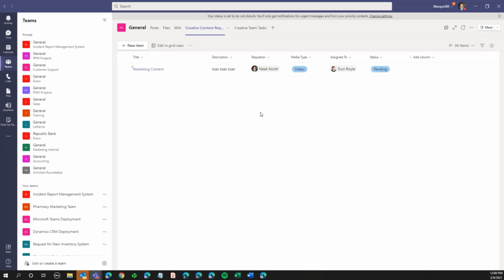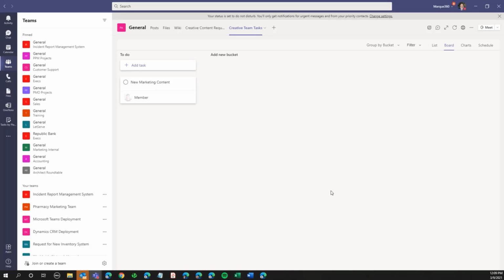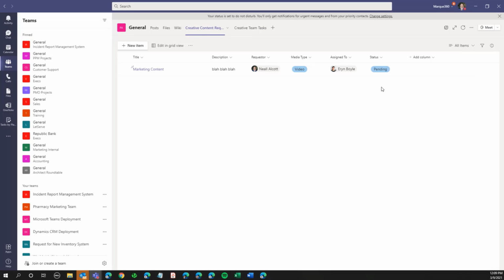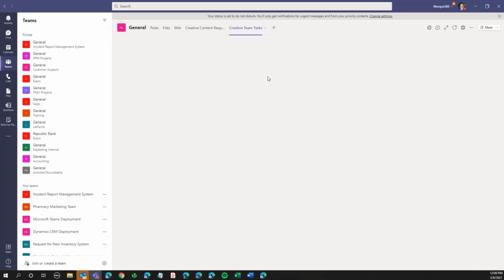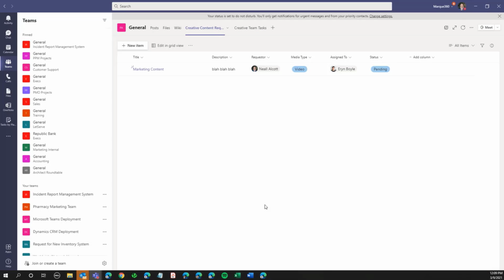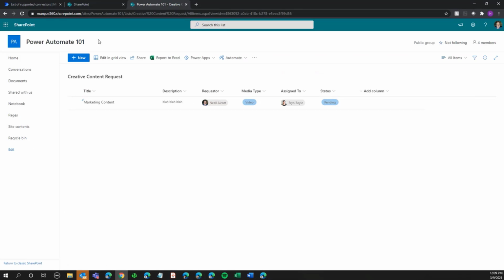But with Power Automate, we could automate all of this. So when someone enters an item into here, it would send an approval out via email to whoever has to approve this. In their email, they could either approve it, they could reject it. Once they approve it, it automatically creates a task over on this planner board. All right, so we can use Power Automate to automate all this. So we'll have emails, we'll have SharePoint content, which is what we're seeing here. We'll have a planner task automatically created. So we're interacting with 3 different things. All right, so let's go into